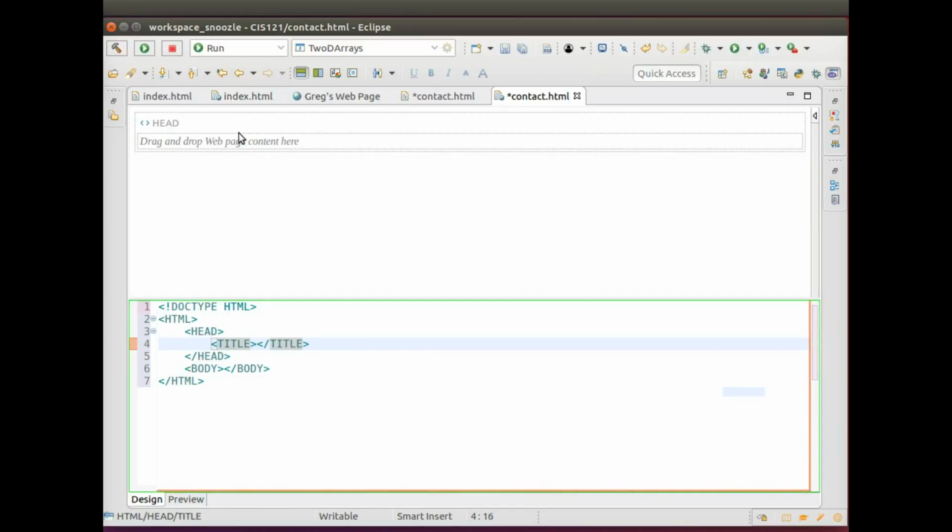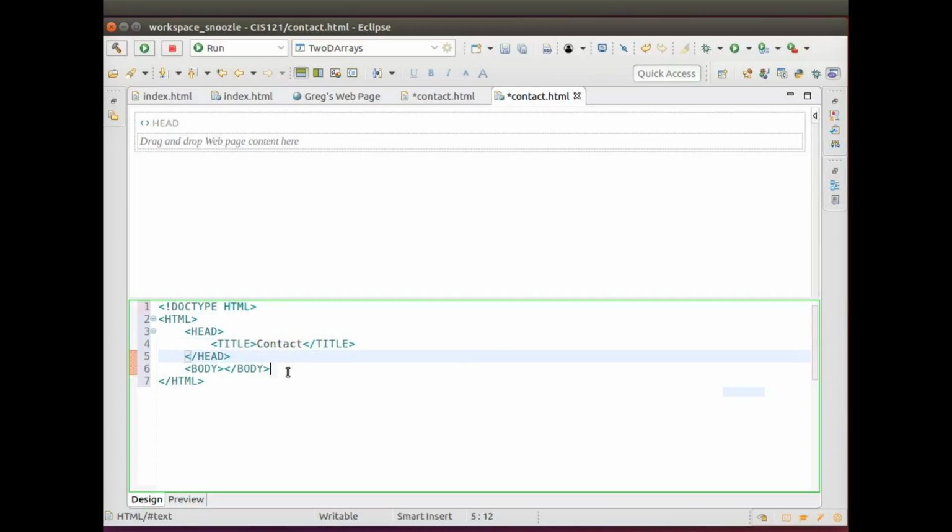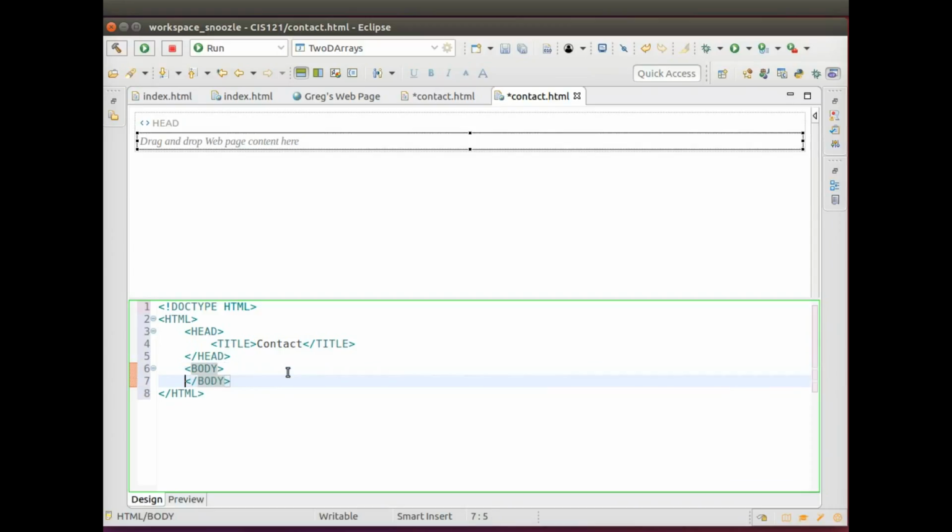But you can actually change a lot of the stuff up here, and it'll still look pretty good. So I'll do title. I'll say contact. And the body, I'm just going to put in here